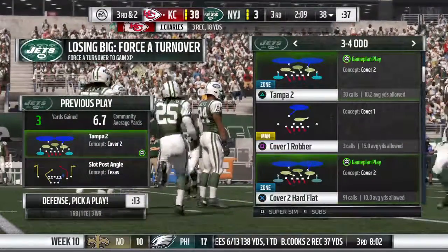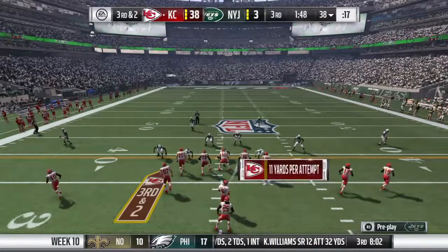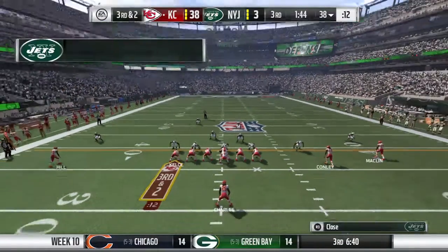I'm going to show my age here a little bit. We used to talk about running backs catching the ball as safety valves. Nowadays, they're a big part of the passing offense. Quit acting like you're so old. You're only